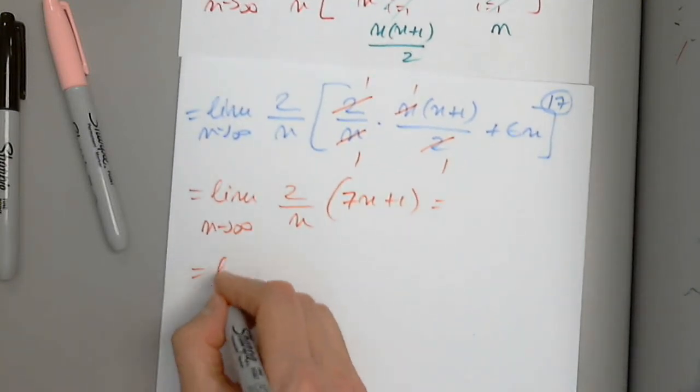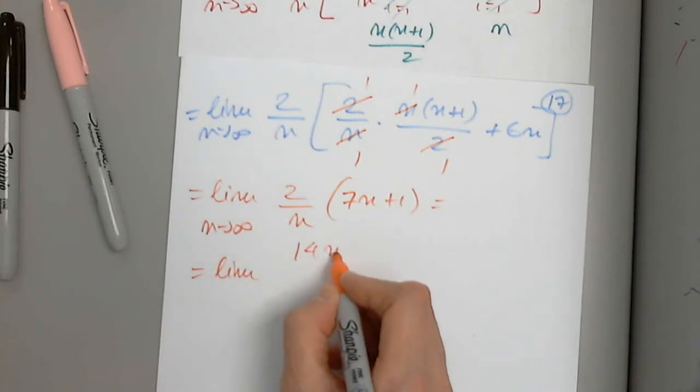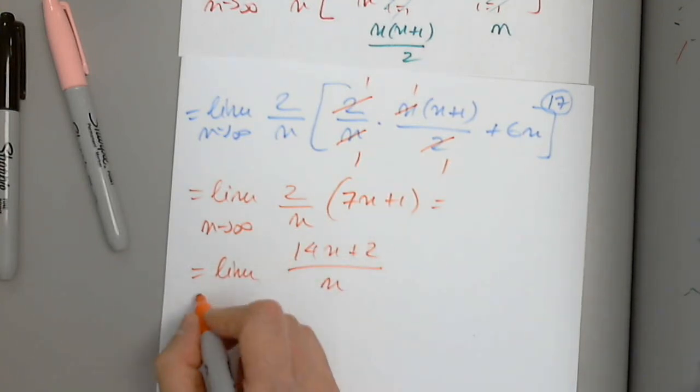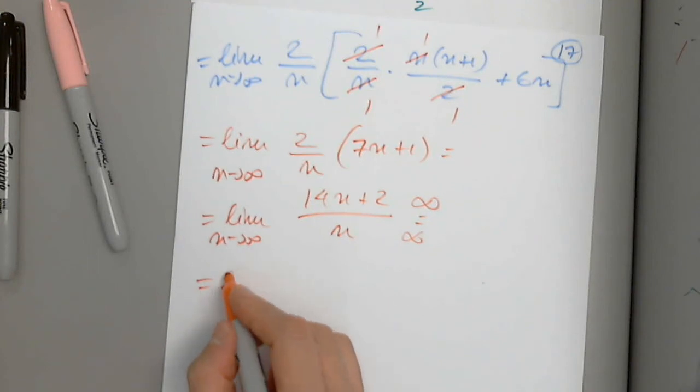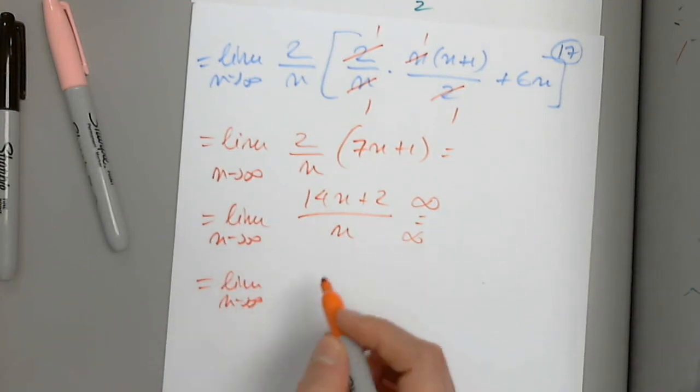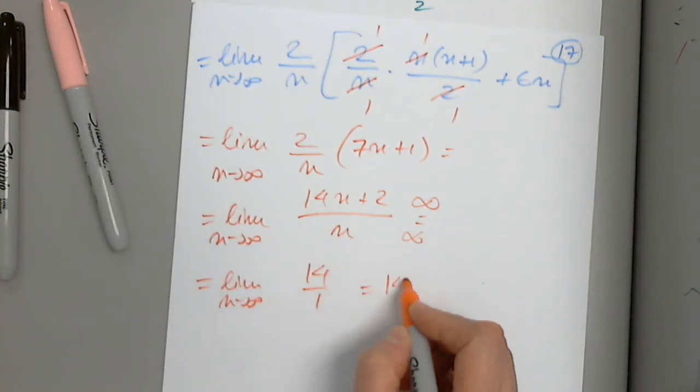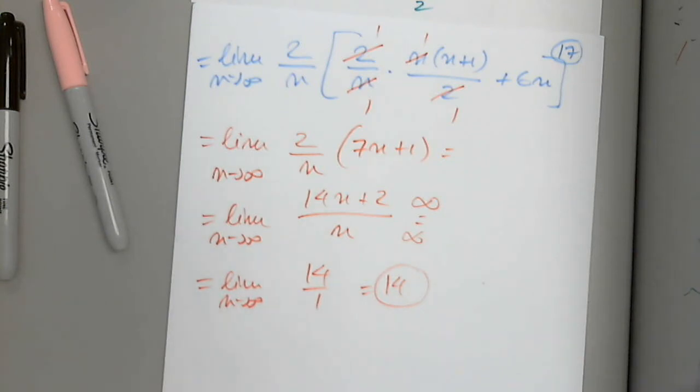Or the limit of 14n plus 2 over n. From pre-calculus, we know linear, same degree over same degree, the ratio of leading coefficients. Let's say we don't remember that. So it's infinity over infinity. We can apply L'Hopital's rule. In case you don't remember, it's 14 over 1. So the answer is 14, as expected, because we determined the area using